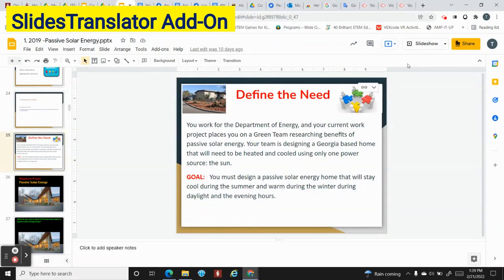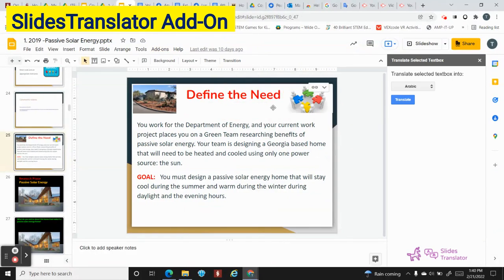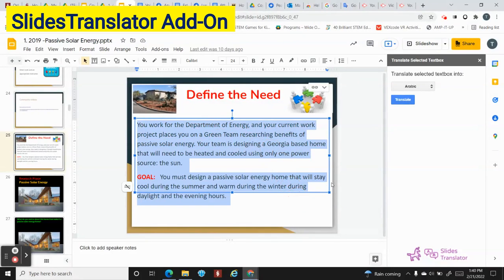So I've gone to my Google Store and I've already added this as an add on. So I'm going to go ahead and go to add ons. Notice it is already here. I'm going to attempt to change the text to Spanish. And I would share this Google slide with my students so they could follow along in their native language and they would have control over changing the text into the language of their choice or one that's most comfortable for